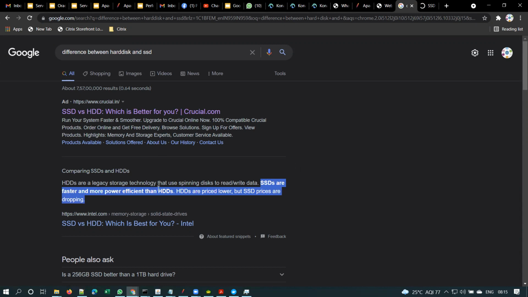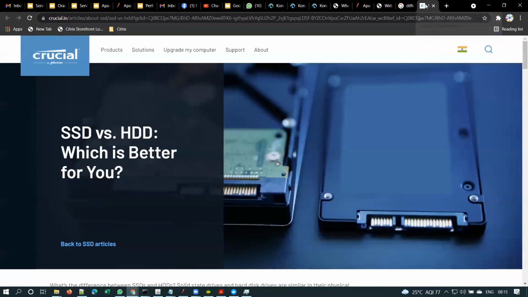SSDs are faster and more efficient than HDDs. HDDs are priced lower, but SSD prices are comparatively very high now. Gradually, they are coming down because that is a new technology, right? Hard disks are legacy storage technology that use spinning disks to read or write data.